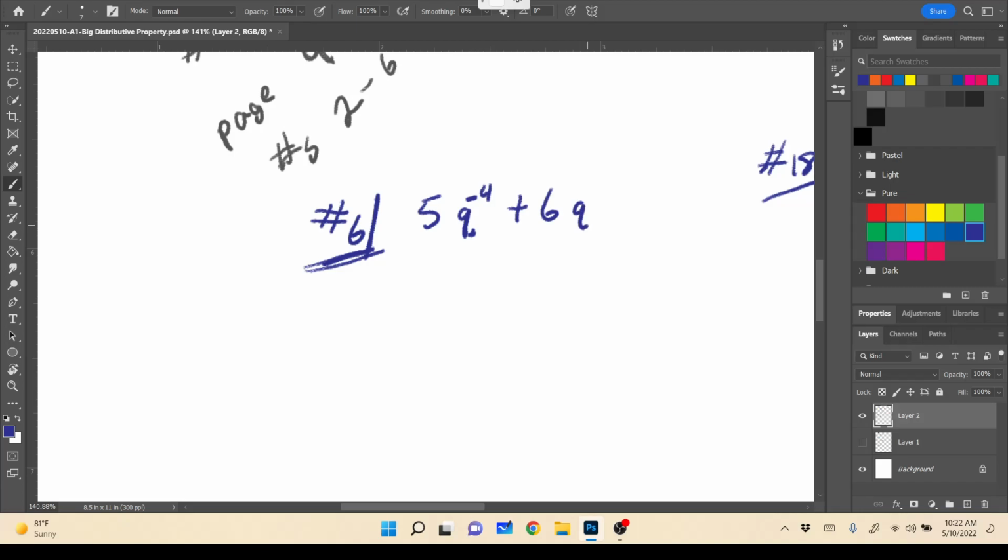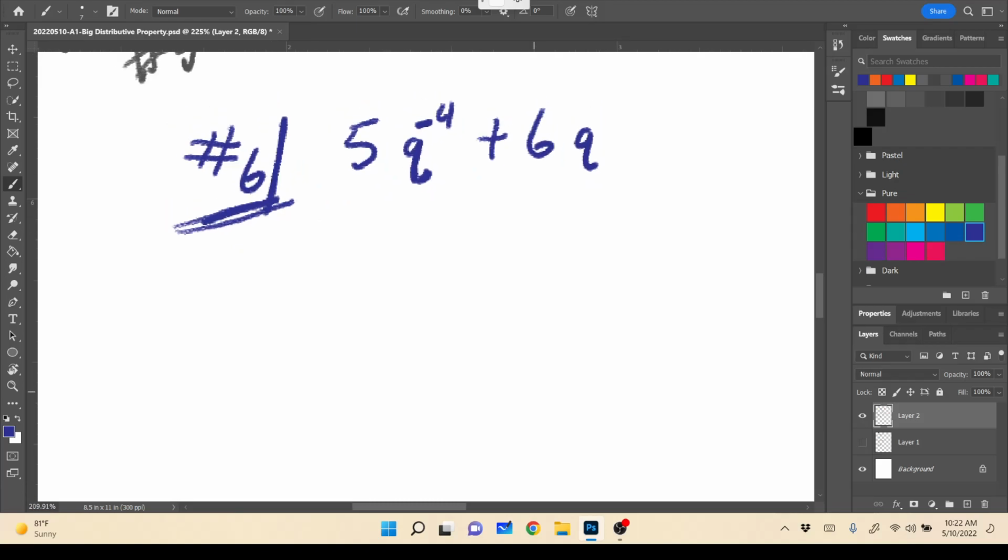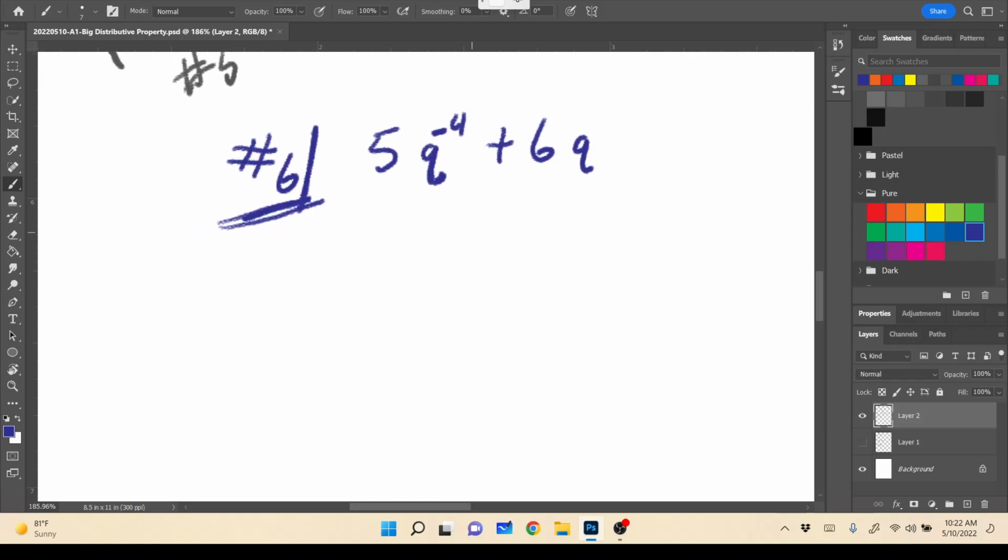Okay, we can't have that negative power, so what do we do with that? You flip the. Oh. So it ends up being 5 over q to the 4th plus 6q, and we cannot have a variable in the denominator for it to